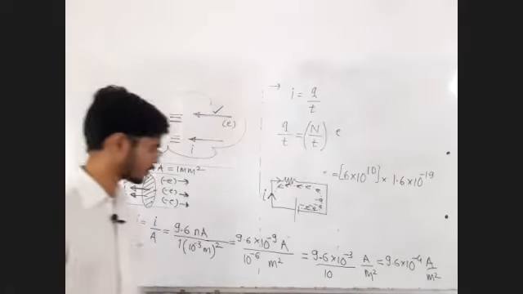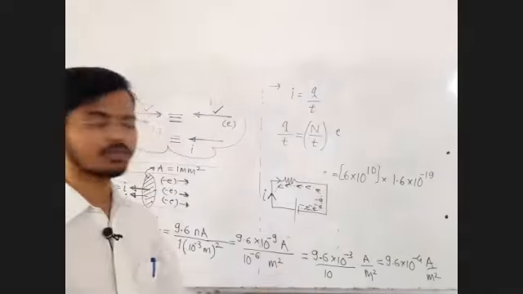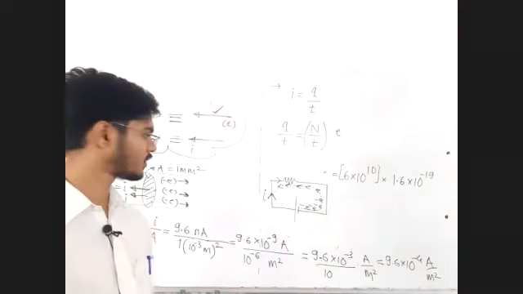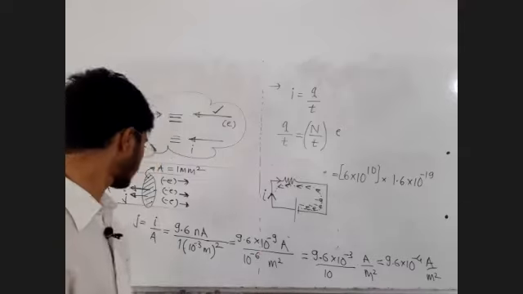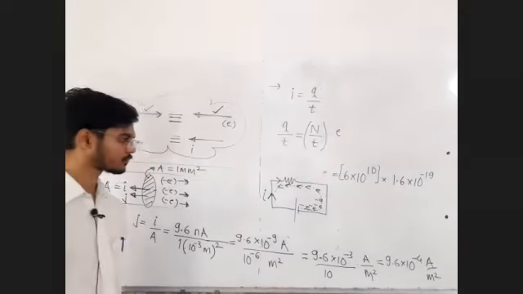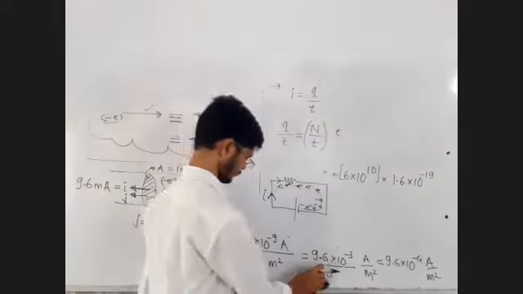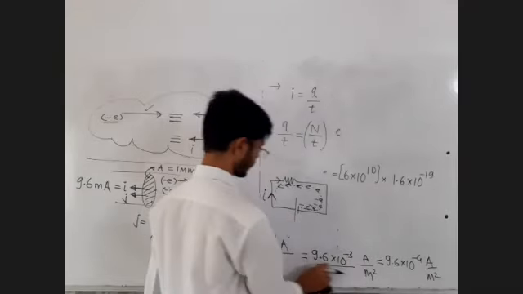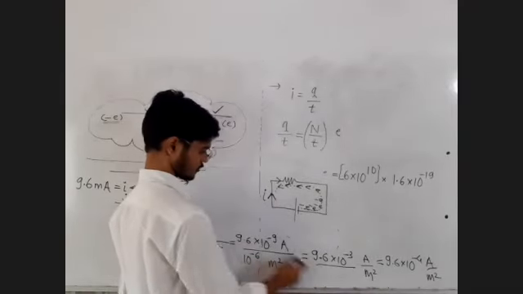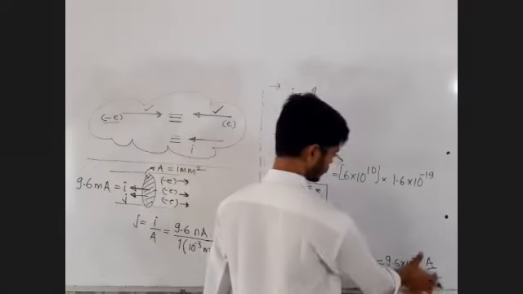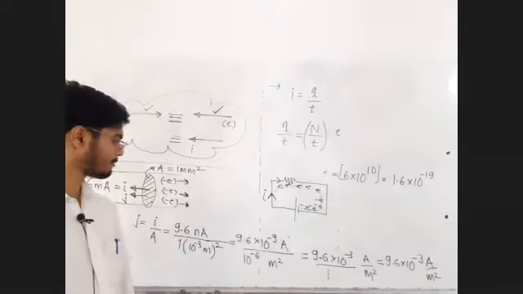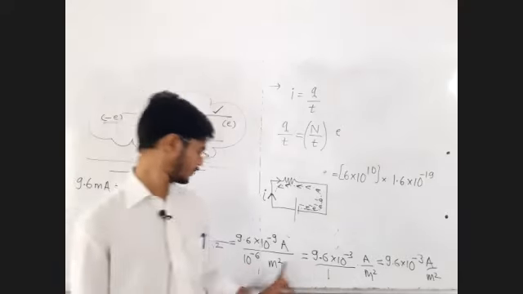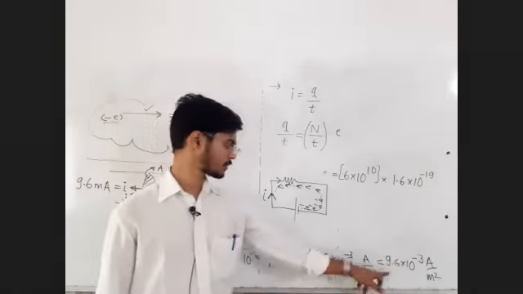Now reply in the chat box. If there is any calculation mistake, you can just figure that out. I think someone was saying some calculation mistake. You can do that. This 10 was not there, right? It should be this and this. The 10 was extra. 10 raised to minus 6 only. That minus 6, minus 9, minus 3. That's it. That's the answer.